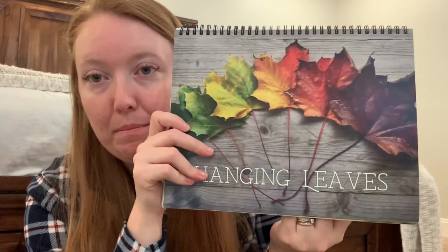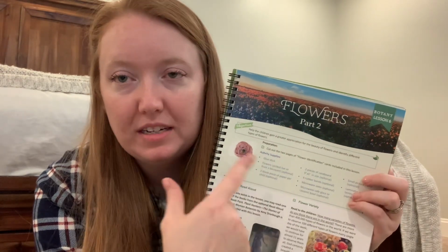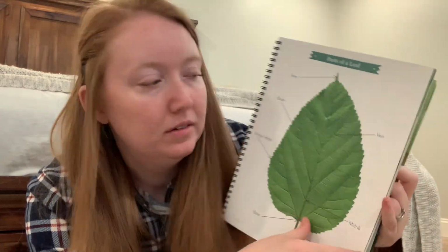Again, beautiful, beautiful, beautiful curriculum. I will say they are experiment heavy. You need stuff for almost every lesson. I have been not doing their experiments and adding in my own. So when we get to flowers, whatever their experiment is, we will actually plant our own flowers, and we will do multiple kinds, so the kids will get to grow their own flowers. But each very simple. So parts of a leaf,